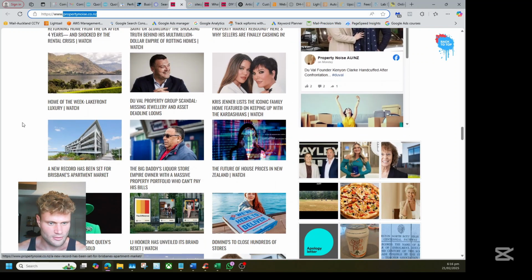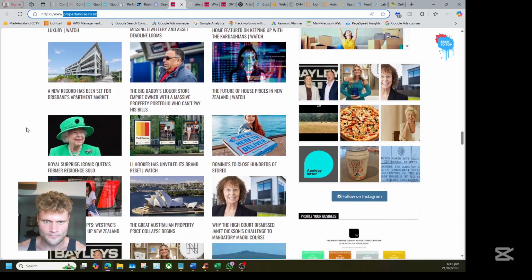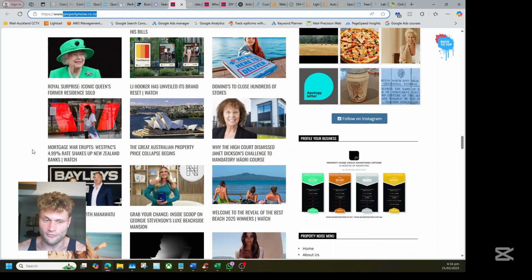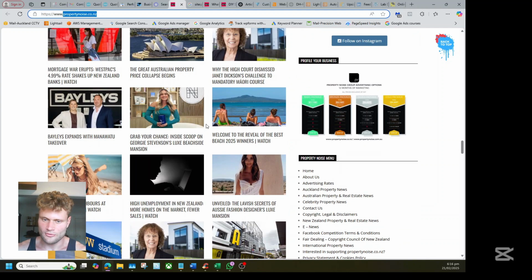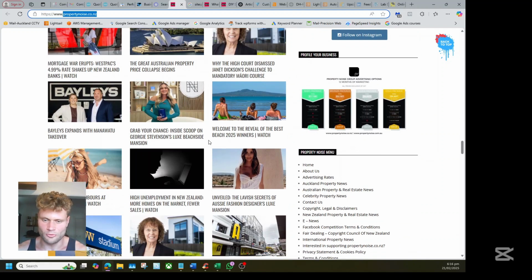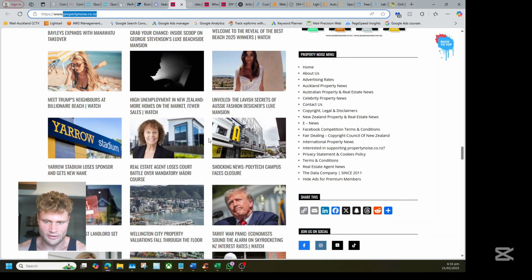Let's see. Future house prices in New Zealand. Okay, so this is very real estate and property focused, literally on the real estate aspect, not like a general home improvement thing. So we have to try and align that somehow.